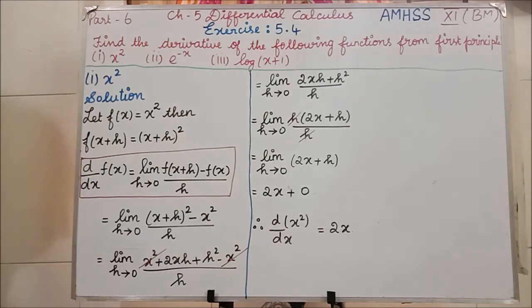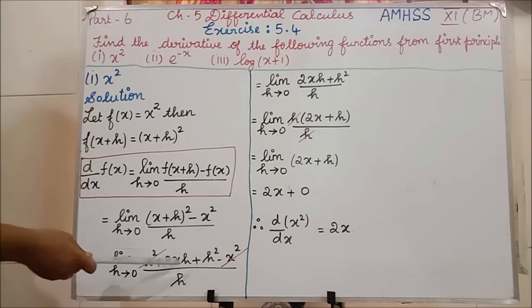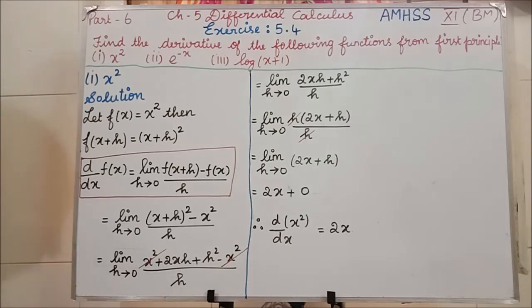Okay, students, in exercise 5.3 I have told you when you have to apply the limit value inside. See, here limit h tends to 0 we are having, but the h value we are having in the denominator. If we substitute 0 in this place, what we will get? 0 divided by 0 we will get, isn't it? So only when h is not in the denominator, by that time you have to take the limit value inside. Clear? Till then you have to solve step by step.